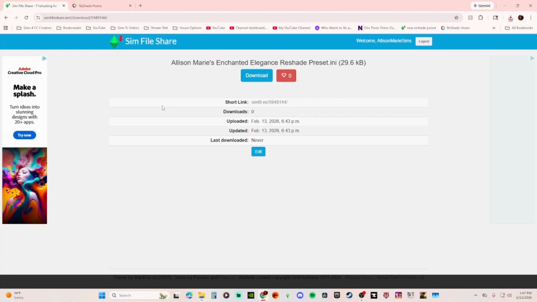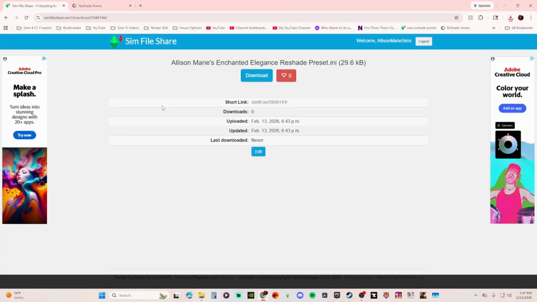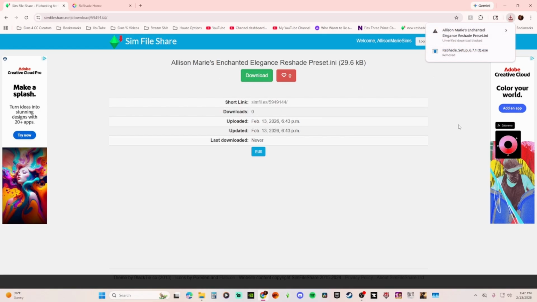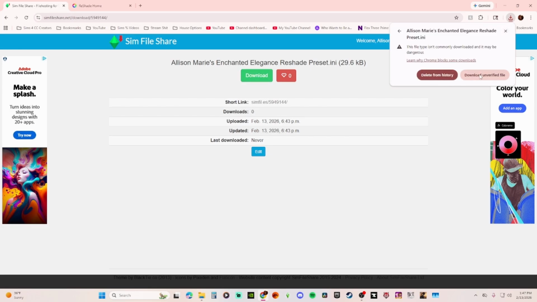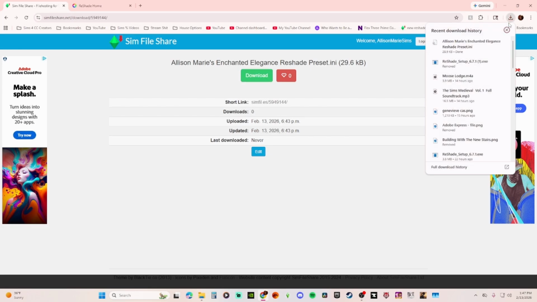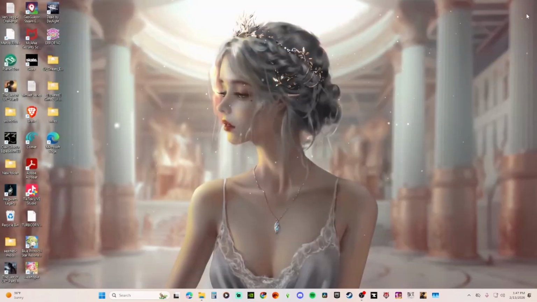So, then, you're probably wondering, how do I get presets? Well, my preset will be linked in the comments down below. If you want to use that, you're going to press the download button on the actual preset. Now, it will say that the preset has been blocked because it is an unverified download. It is perfectly fine. It's just what it does with these Reshade presets. You just have to press download the unverified file, and that is it in terms of Chrome. So you close down Chrome,